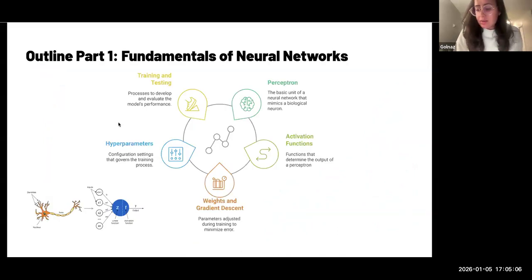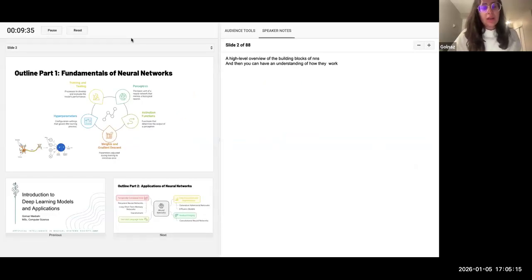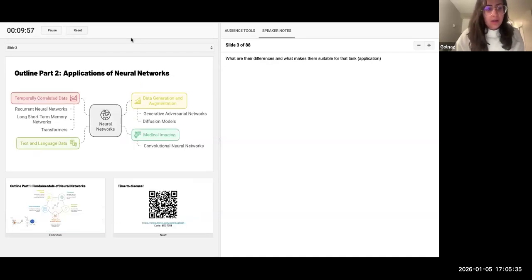So this lecture is going to be mainly two parts. The first part is the fundamentals of neural networks. So it's going to be a high-level overview of the building blocks of neural networks. And then once you have an understanding of how the neural networks work and what are the knobs and the details and those building blocks in a neural network, in the second part, we'll move to the applications of neural